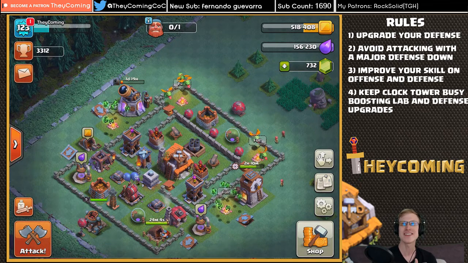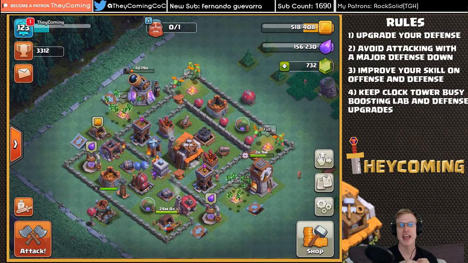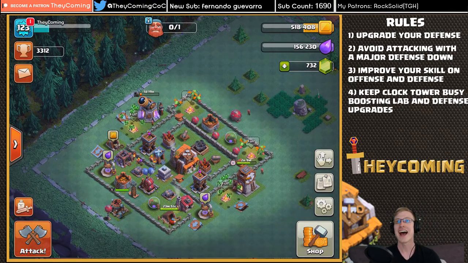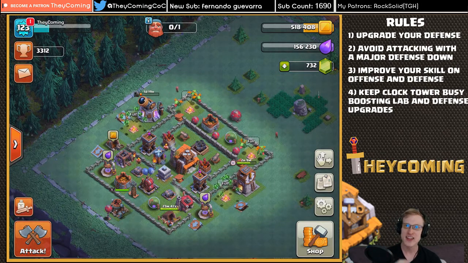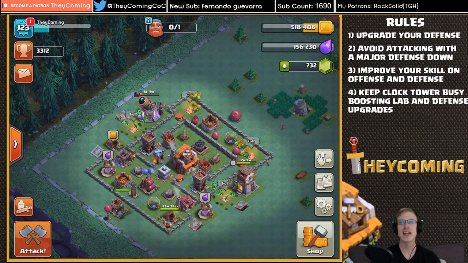Now, this is how I suggest using the meta to your defensive advantage. Starting at Builder Hall 4, after you have dropped your new defenses and upgraded them to max Builder Hall 3, I suggest first focusing on your archer towers, then your Teslas, and then your firecrackers. After those are finished, upgrade your cannon, your double cannon, and then your guard post, and finally, upgrade your air